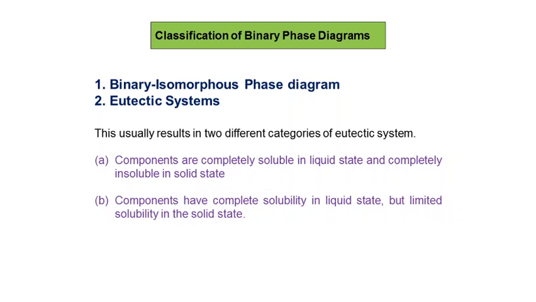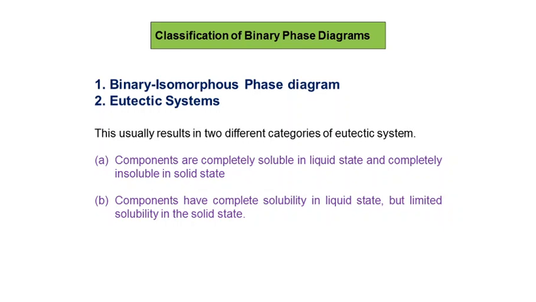If you are naming it based upon phases, it already consists of three phases, which is solid, liquid and gaseous form of the water. So when we are classifying the phase diagram, the unary, binary, ternary or quaternary, all these classifications came based upon the number of components in the system. So in the case of unary phase diagram, we had one single component, so it is called as unary phase diagram. When we are coming to binary phase diagram, we will be having two components, so we are calling it